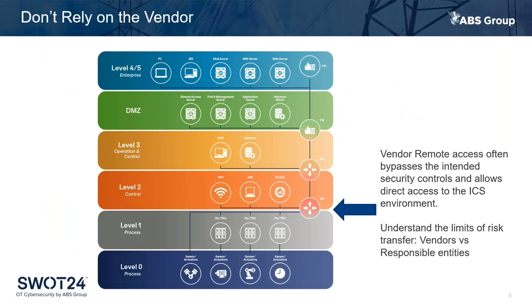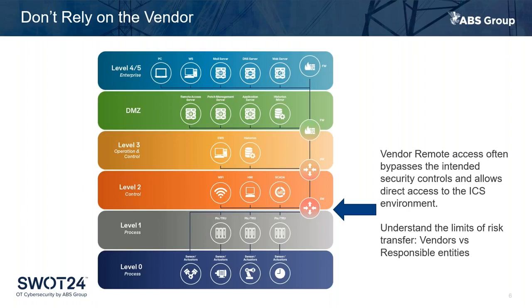Yeah, so one of the things I want to highlight, especially around CIP-003-9, is because it's focused on vendor remote access and basically preventing attacks like what happened to Target a few years back. One of the things I want people to consider is, if you have your DCS or turbine control vendor doing remote tuning, remote access, if they have a connection into your environment, it very well may be bypassing a lot of your intended security controls. It's bypassing your enterprise security controls, probably even your plant firewall, and is connected directly into your control system network.